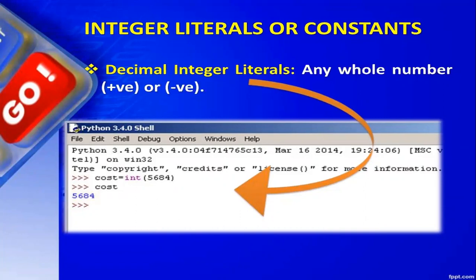So cost is a variable, it's like a container. Integer is telling us the type of data that container can hold, and 5684 is the data that will go inside the container. All right.